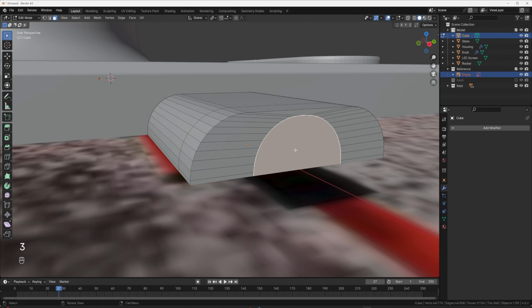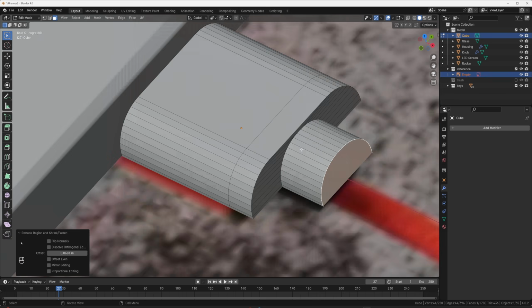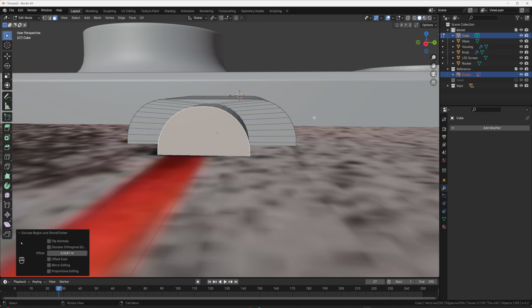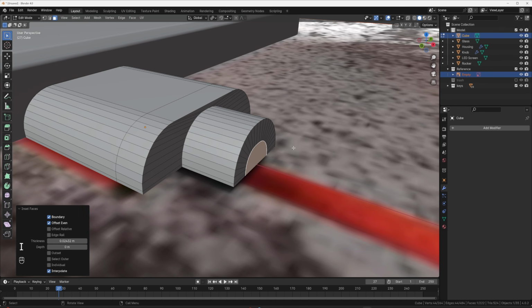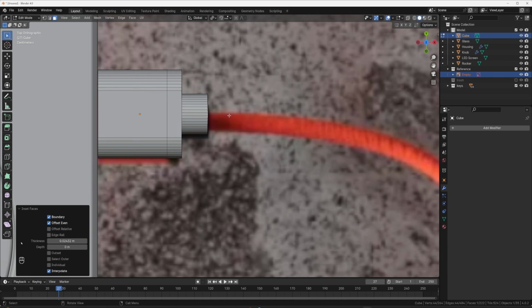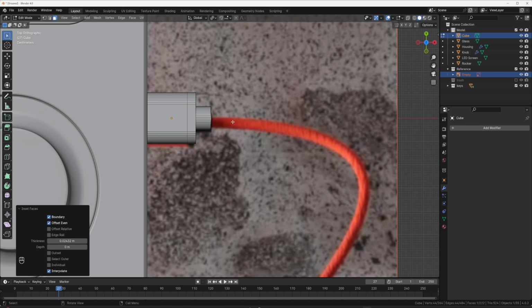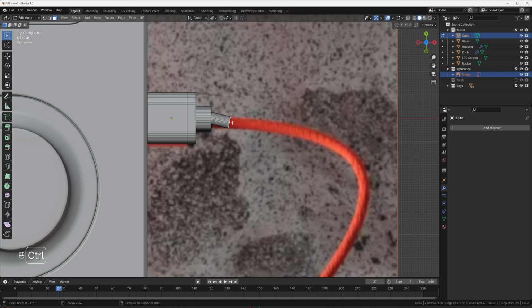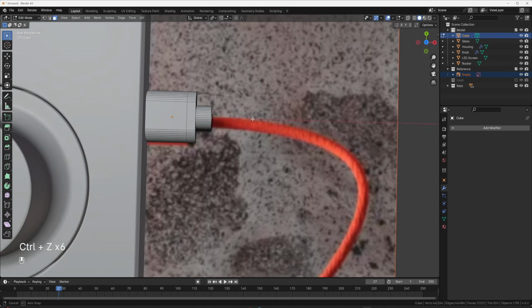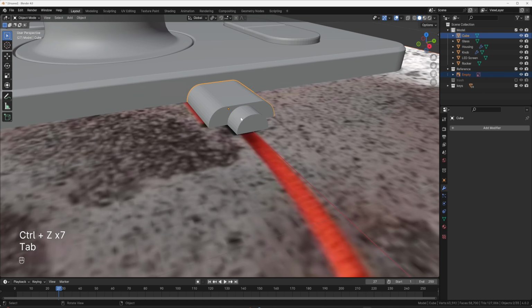I'm just going to grab this face here, extrude along its normal out to that point on the black. And now that that's a circle, we can just inset it. And then we could control and make this a good way to do this. I think you can control and then right click, and that's going to basically bring the face along. But I don't want to do that for this. I'm just going to leave this plug the way that it is.